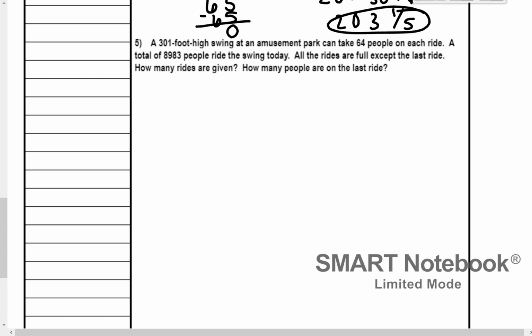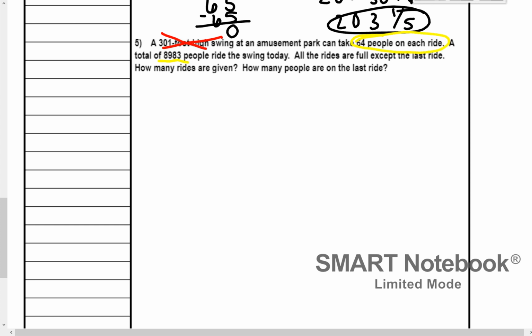All right, so right away we have some not important information. It is just extra information used to confuse you. What I want you to do is cross off that information on your paper. So a 301-foot high swing, it does not matter how high that swing is because it has nothing to do with how many people are on those rides. But then we also have some important information, such as 64 people can go on a ride,